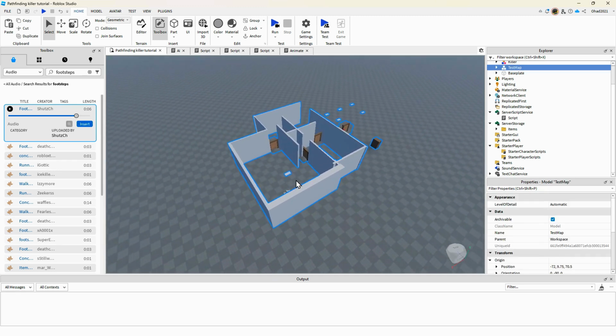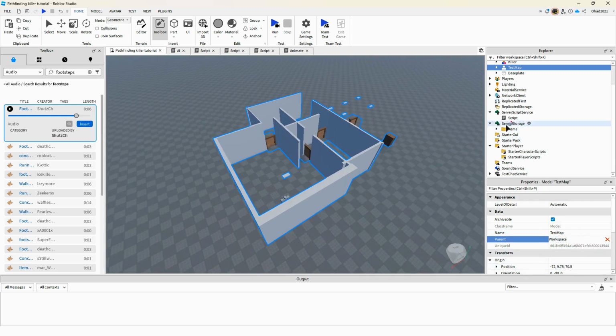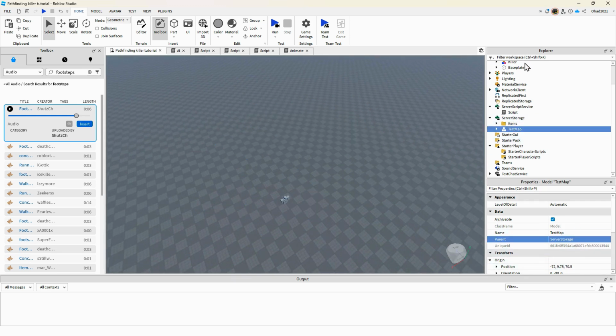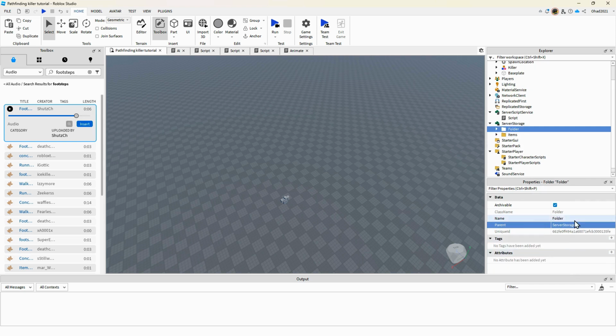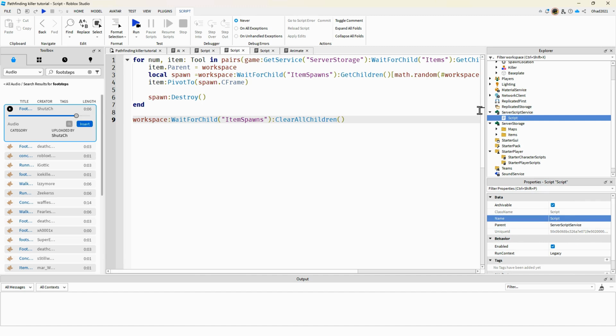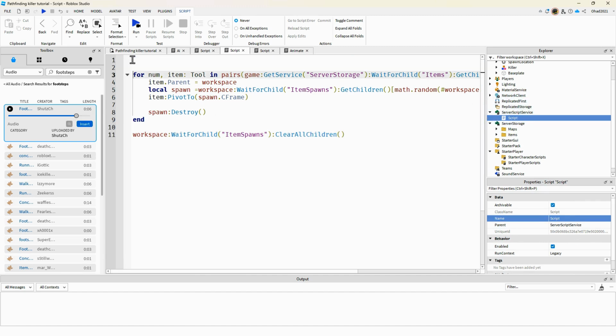Just put it right here. You can put it into server storage, group it into a folder and name the folder maps. And in the server script in server script service, at the beginning you can make a function, local function spawn map. You can actually just make this a function right there. I'm gonna pass the map name,